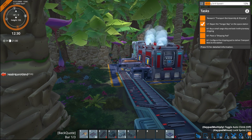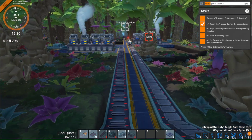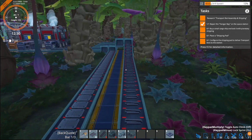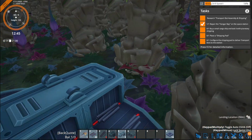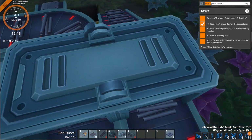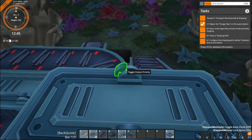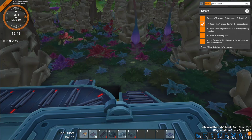And when we make bots, which we'll do in a moment, which our next task is to make some bots, they will actually have a low priority. So we only make bots. So basically, these toggle output priorities mean that first and foremost, fill this bit up. Then when this one backs up, it will do this one. If I switch it the other way, it will do the bus first, the main line first, and then